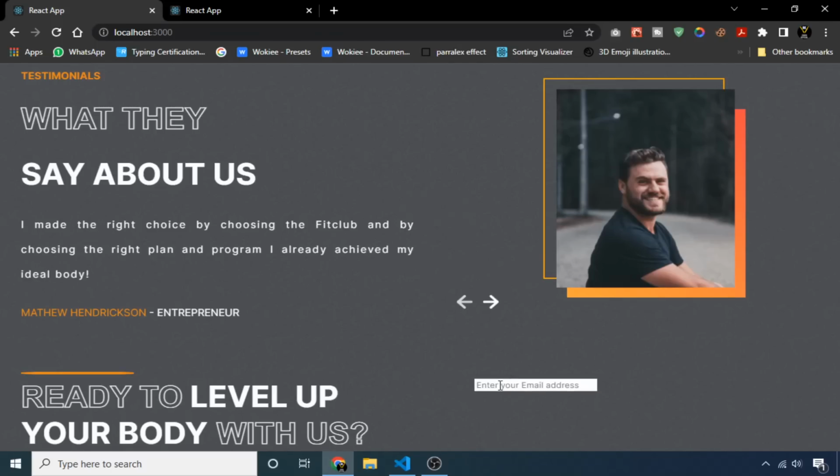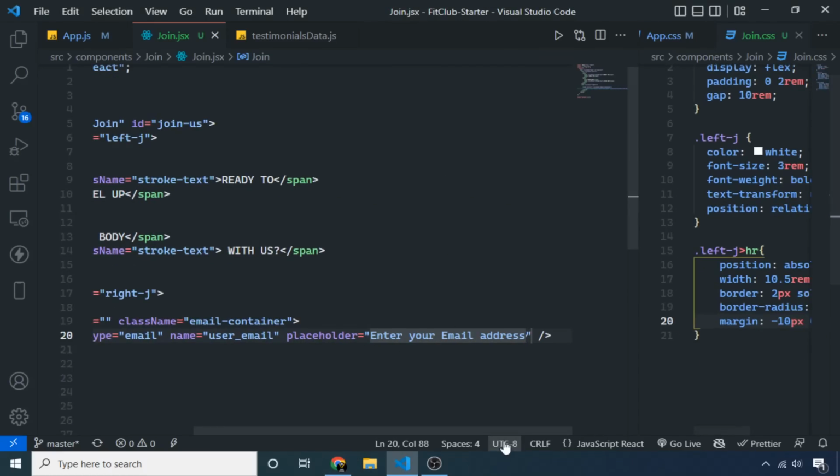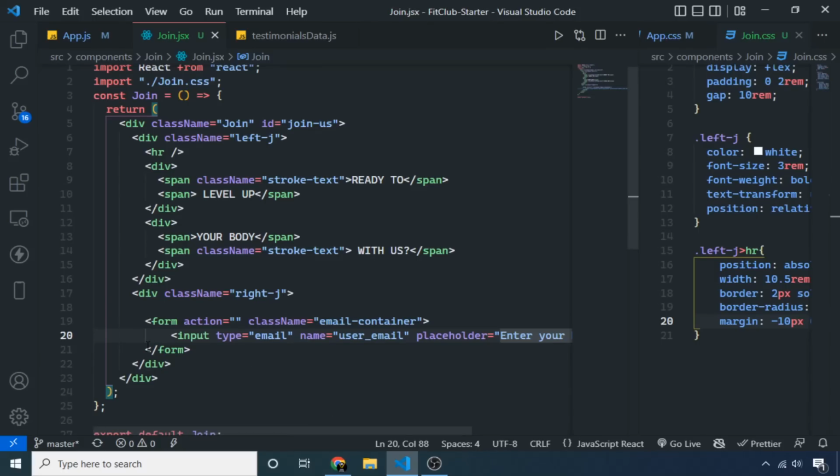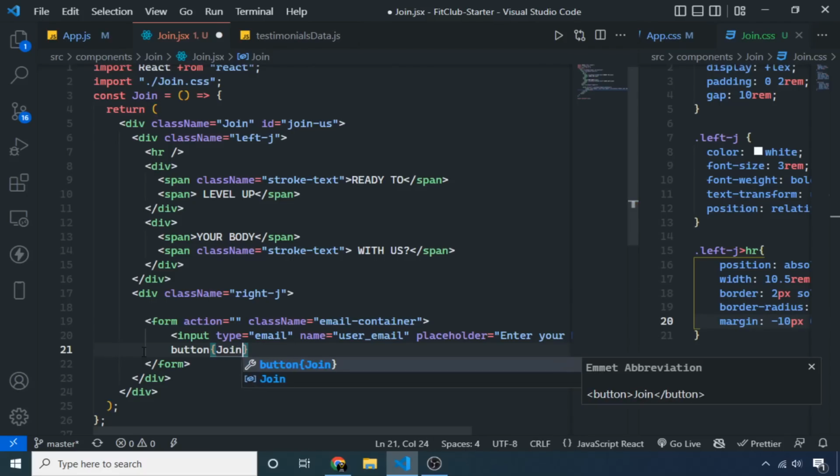So this is my email input. Now I also want a button to join. So here you can see that I have a button. Let's make our text a little bit smaller. Okay, like this. So after this input under the form, I am making a button which will contain the text